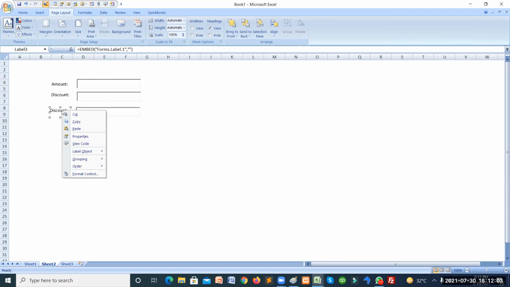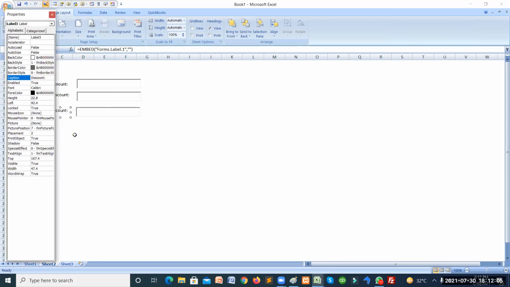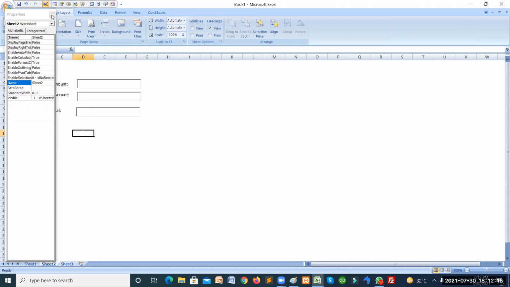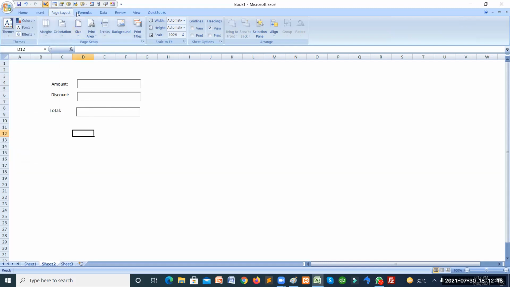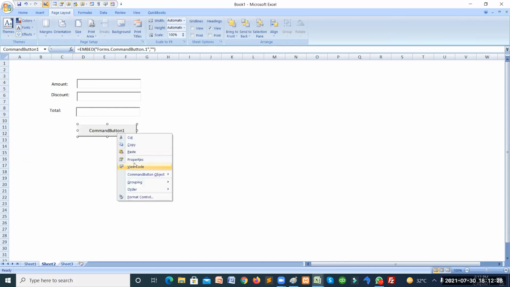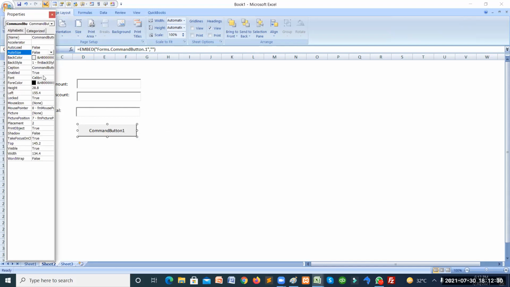This should be what? This should be the total amount. Total to be paid, and there must be a button. That button is just, draw this button, and I change the caption to